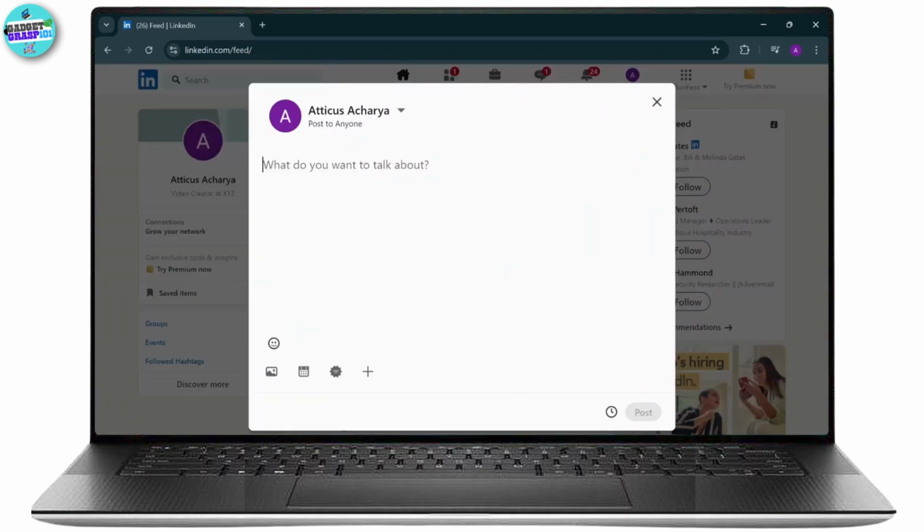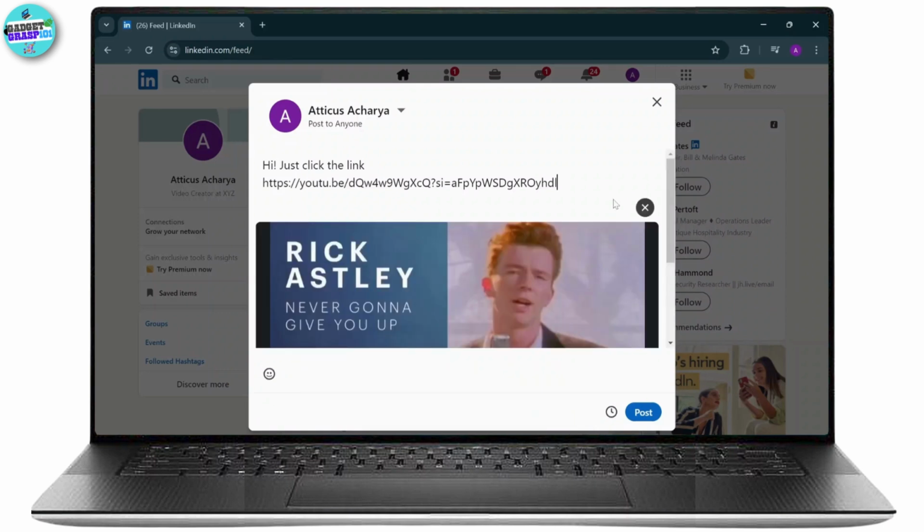Now just type in whatever you want. You can just write a brief description about the post or the link that you want to add. And after you do so, what you can do is just directly copy and paste the link. And as you can see right here,